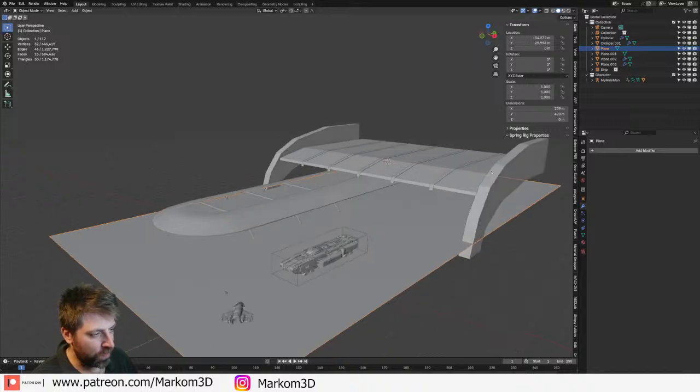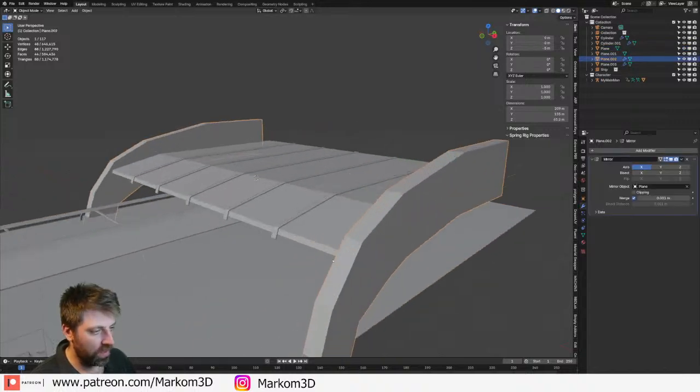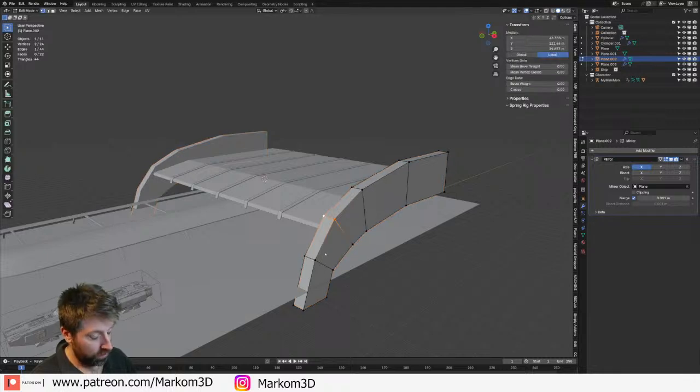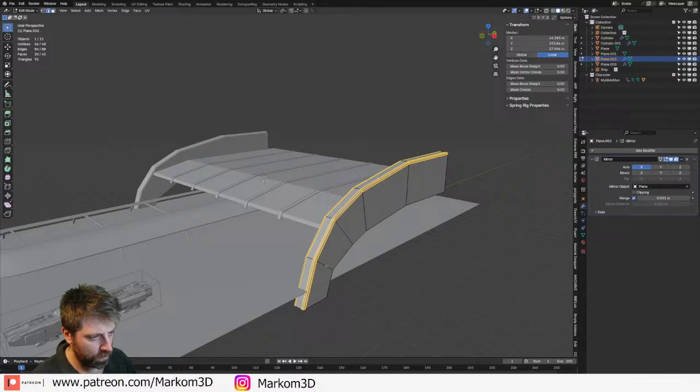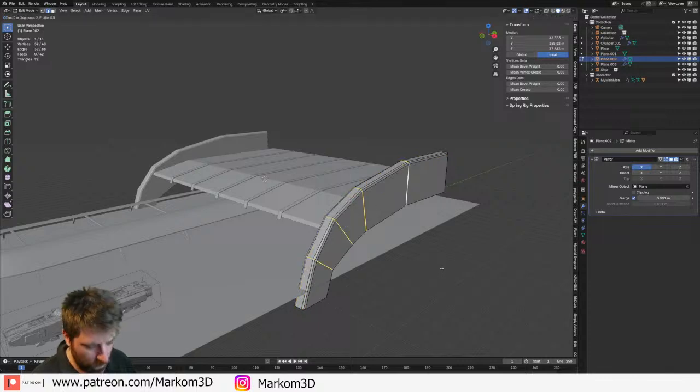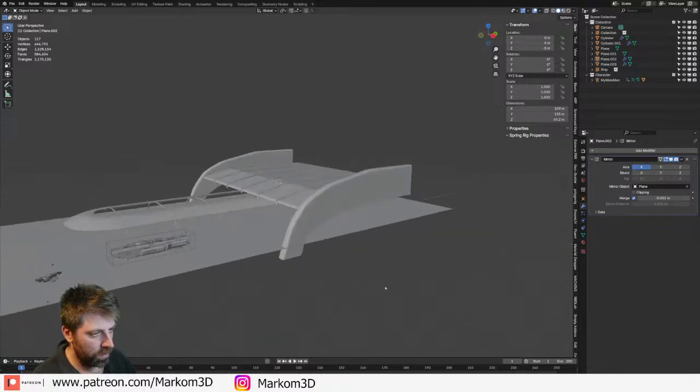I almost feel like there should be rails going in here. Yeah, I'm okay with that.